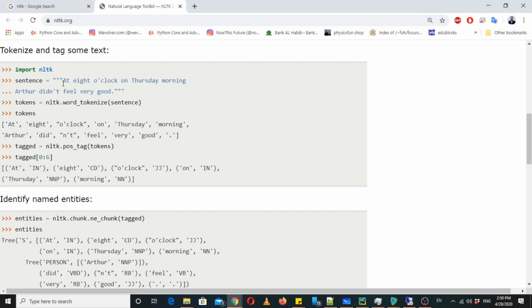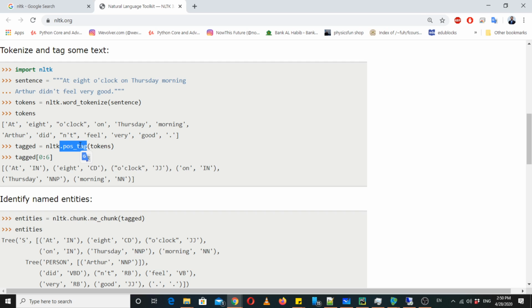First of all, we need to import NLTK, and then we will take a sentence from the user. The word tokenize function would split that sentence into a list of tokens, and then we will use the POS tag function.